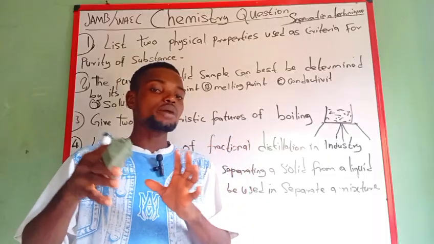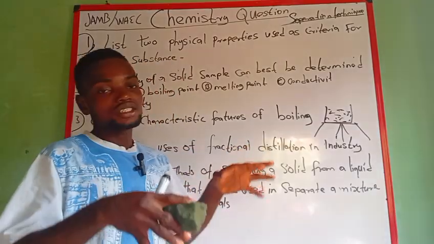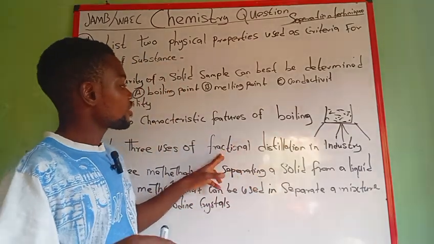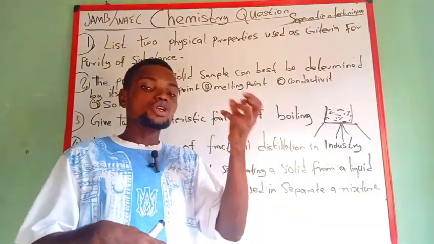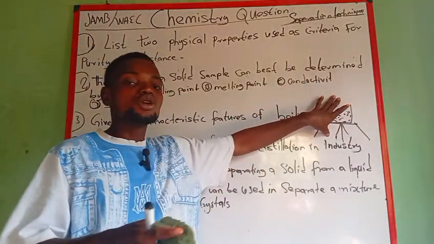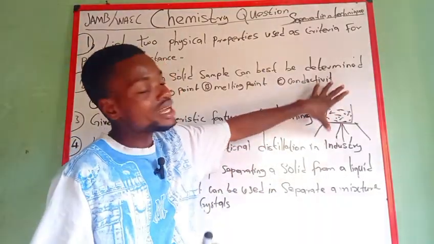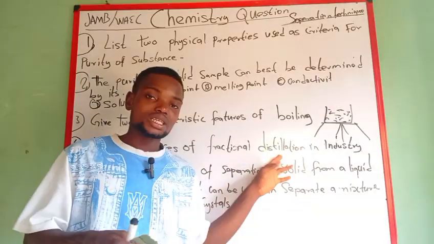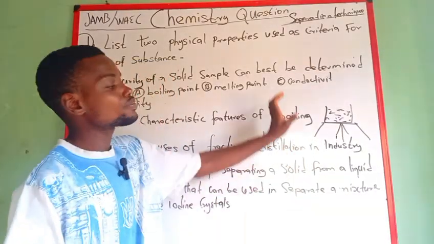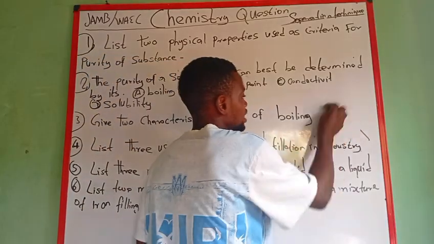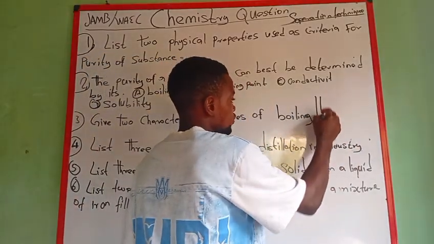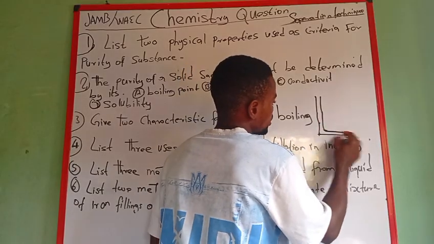Now, for industry to be able to separate these constituents from crude oil, they are going to use fractional distillation. This is going to be much easier, as the fractional distillation happens based on the boiling points of those constituents, the kerosene and the others found in crude oil. Now, at that specific boiling point, at that specific temperature that it is going to boil, let's make a rough sketch over here. This is a retort stand,